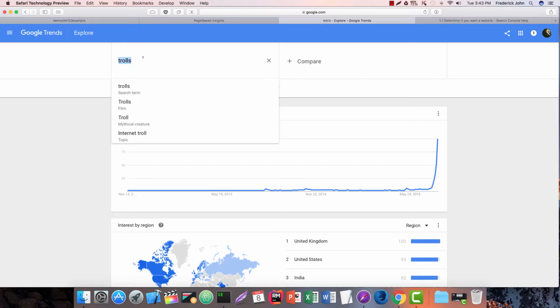researching and gathering demographic information is vitally important to the success of your company, your business, your project. So you want to be able to gather that information. Google is going to allow you to leverage their resources to do your market research and to gather all your demographic information and things of that nature. So if you're starting a business and your business is going to be Pokemon,